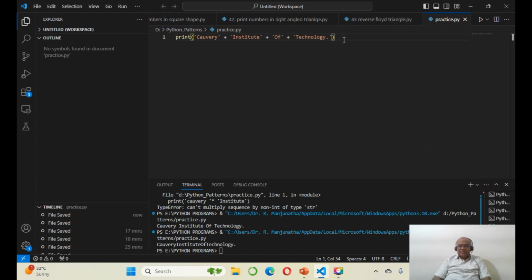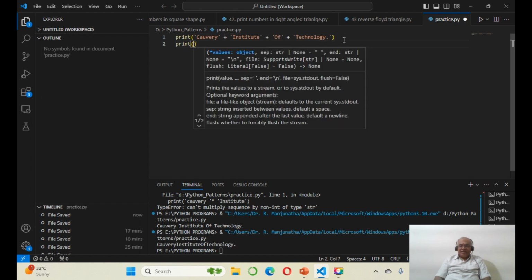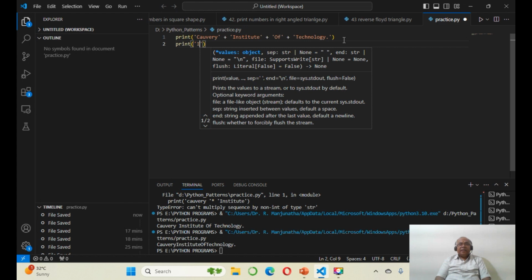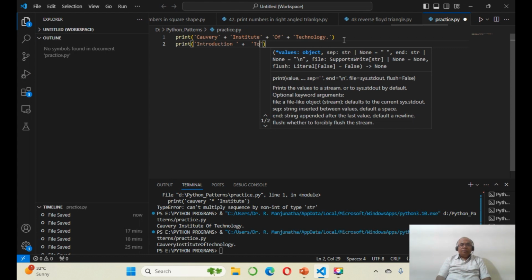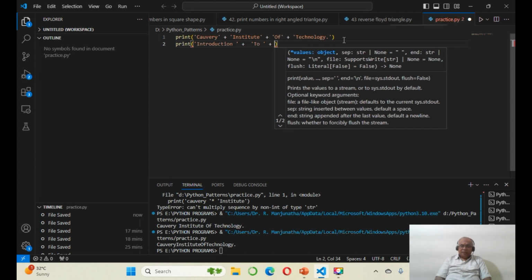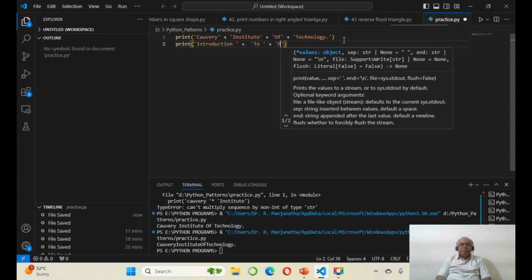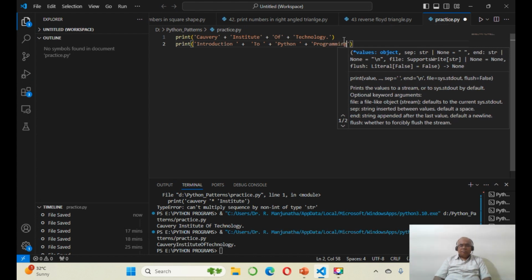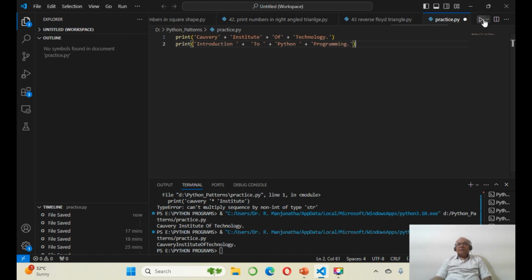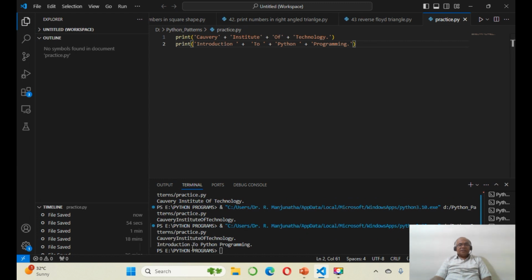Similarly, if you want to run this print, introduction to Python programming, you can see introduction, give one space, plus, to, give one space, plus, Python, give one space, plus, programming. Now if you try to run these, you can see clearly that after introduction you have space, after to you have space, after Python you have space. So this is how we will be able to use concatenation, that is concatenating two string